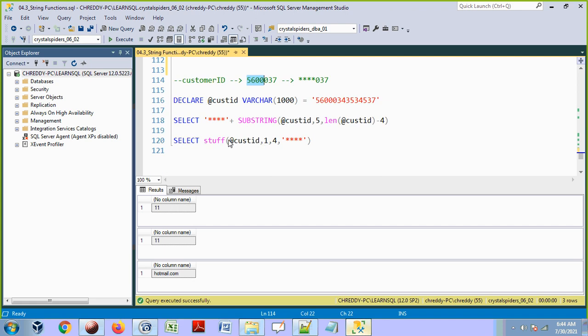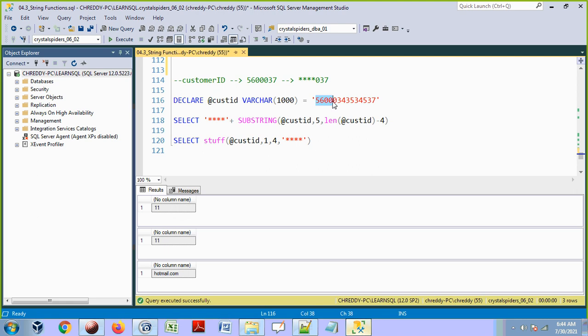Or else we can also do that with substring. Take that substring from the 5th character onwards, take whatever the data is there and append that data to the first 4 characters. Take 4 stars and then append those 4 stars with all the characters from the 5th position onwards. Here I am taking substring from the 5th position, taking all characters from there, and appending those characters with the 4 stars. This is one logic. Otherwise we can use that stuff function.